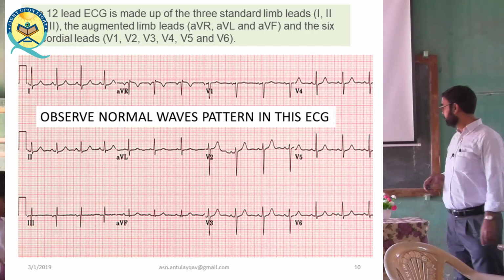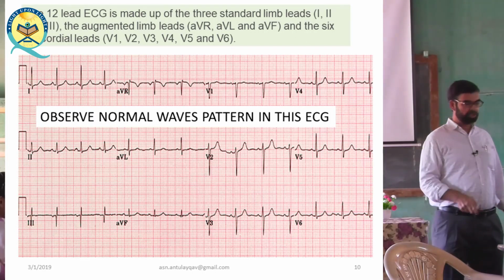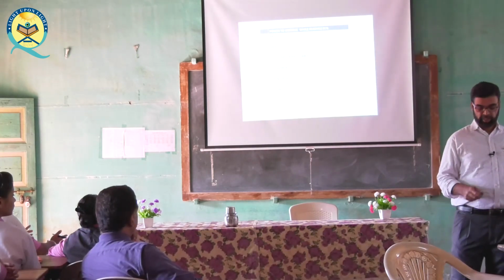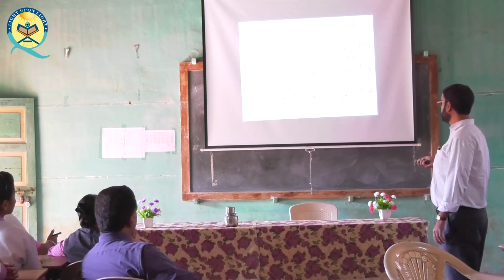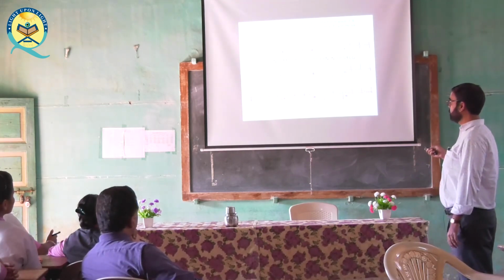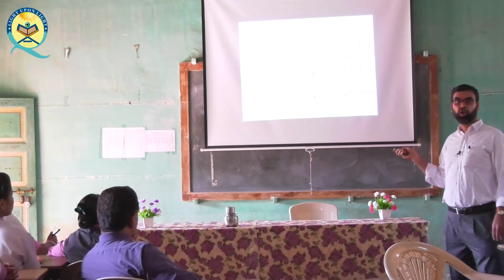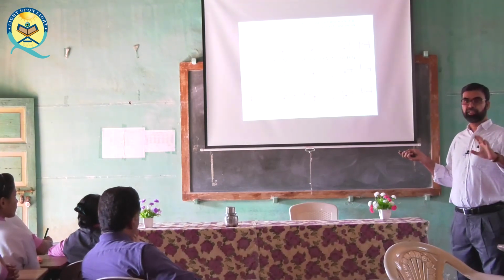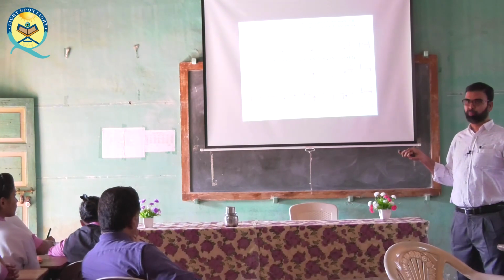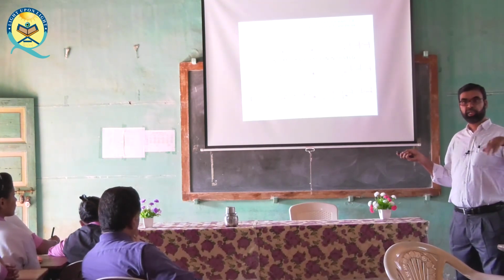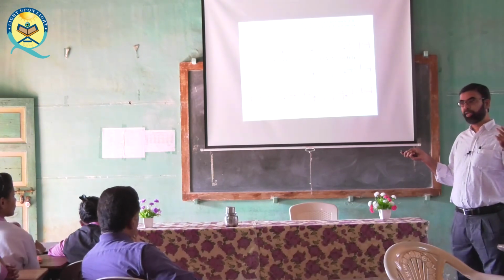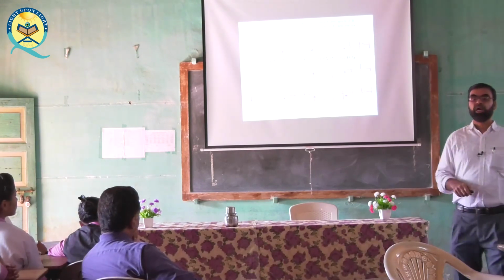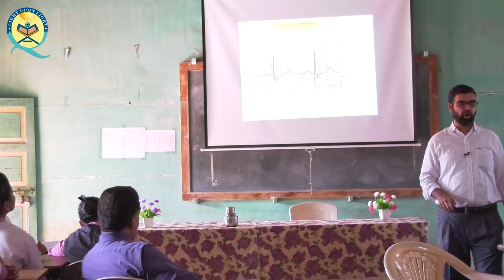Before the beginning of the ECG, there is a standardization. This is what you see, standardization, and this should be of 1 millivolt. If this is less than 1 millivolt, the ECG will become abnormal even though the patient is normal. Or if it is more than 1 millivolt, then also the ECG will be abnormal even though the patient is normal. So first you must check the standardization, whether it is normal or abnormal.